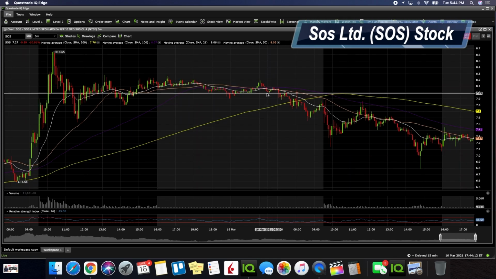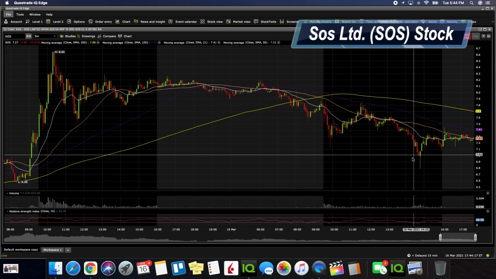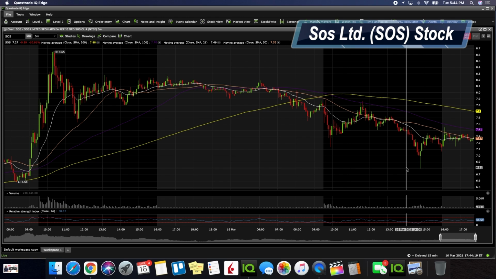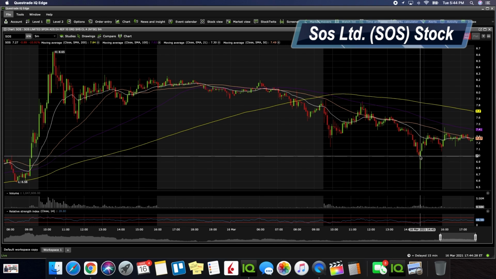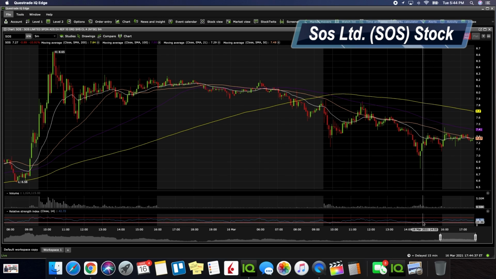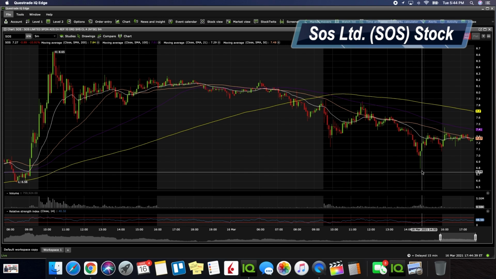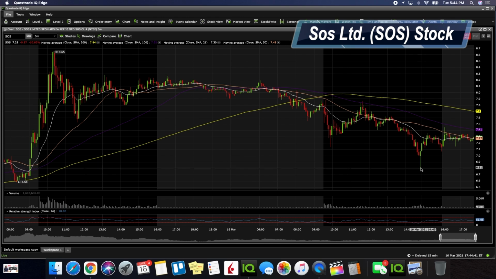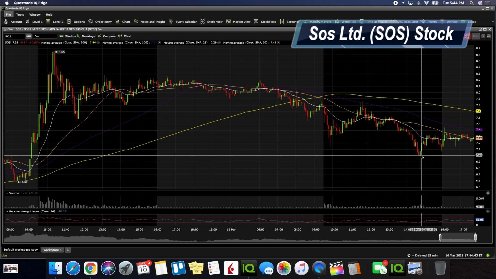All right, so we're going to be doing the technical analysis on SOS. Let's get into it right away. The first area we want to look at is the support levels. We can see we hit a low of the day around $6.80, and of course it didn't stay there that long. We have some support right at $7. When I see this, even if we take a look at the RSI down here, this is a fair area to get into. The $6.80 to $7 range, this is good.